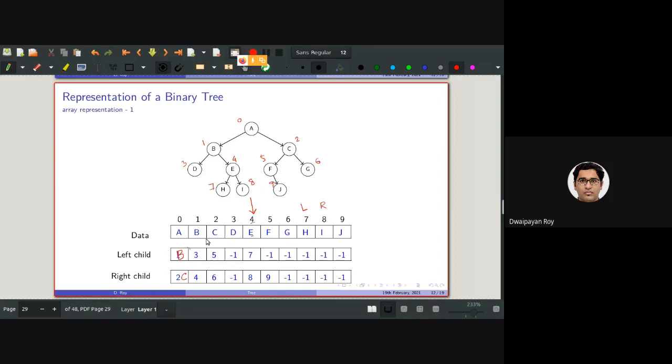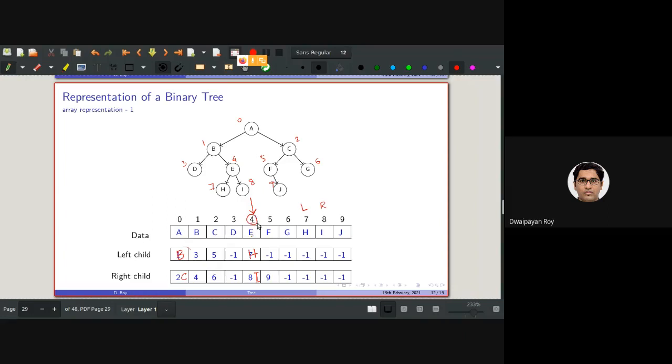So for any random value, if I again replace this with H and replace this with I, for any random node, say E, if I want to know the left child of E, I will be directly going to that position. I know the position of this index where this E is stored in the data node.